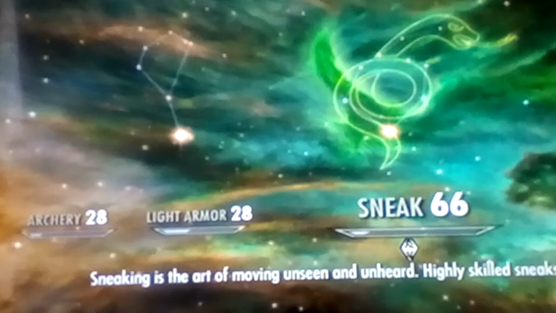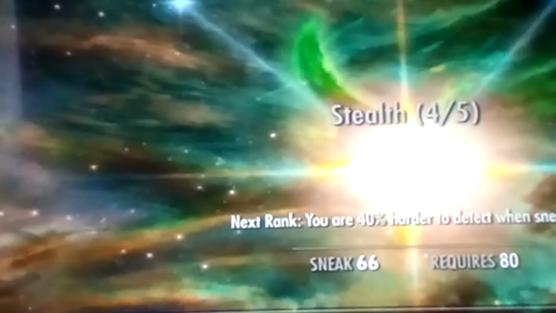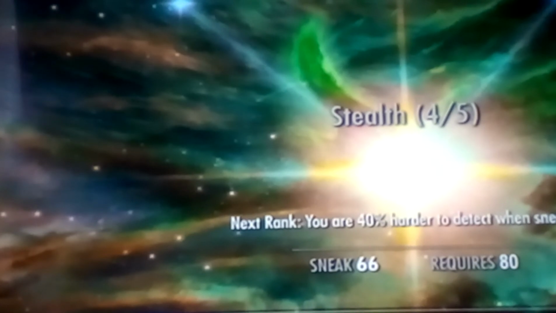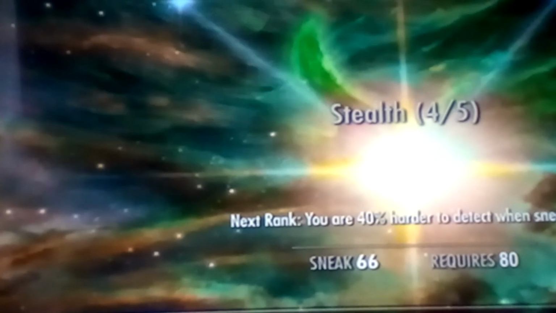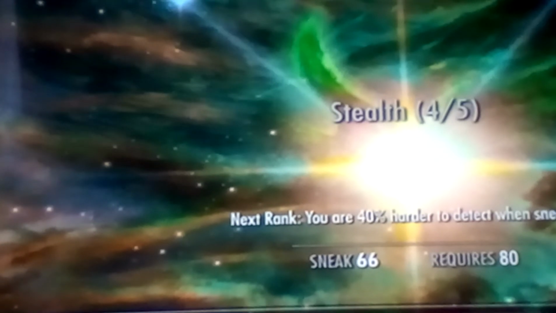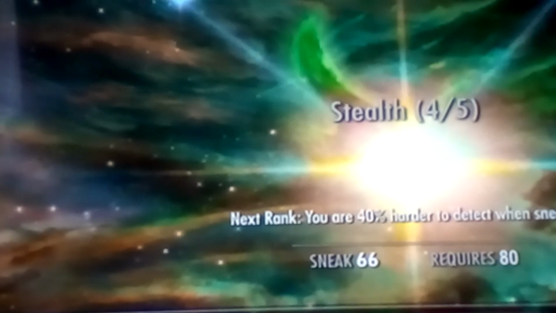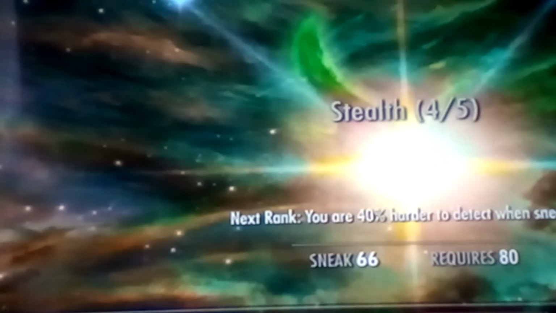But the point of this is you're gonna crouch behind them. Now, depending on what your sneak level is, you have to upgrade your stealth to do this easier and more efficiently, because if you try to do this glitch on legendary mode, and you have stealth like 1 or 2, then you're pretty much screwed, because